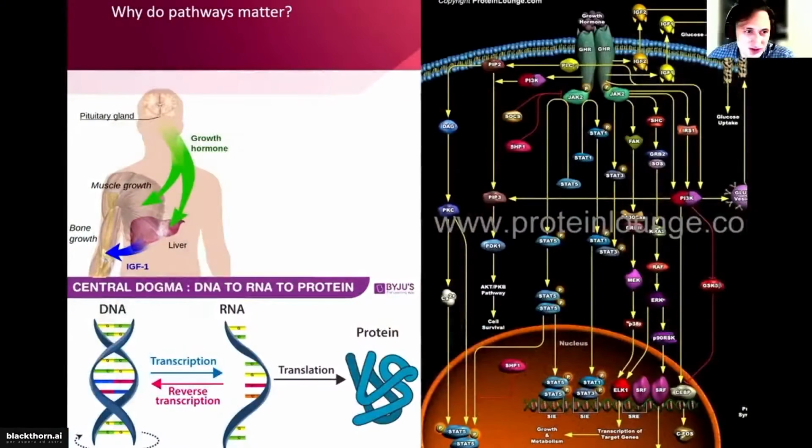As an example, growth hormone is a peptide synthesized by the pituitary gland in your brain, and then it's distributed through blood flow to different tissues, mainly the liver and muscles. They have a huge number of receptors for it, and growth hormone binds to them and stimulates protein synthesis through the JAK2 pathway and the phosphoinositide 3-kinase pathway. It increases synthesis of proteins, and one of the main targets is IGF-1, so it directly affects transcription.